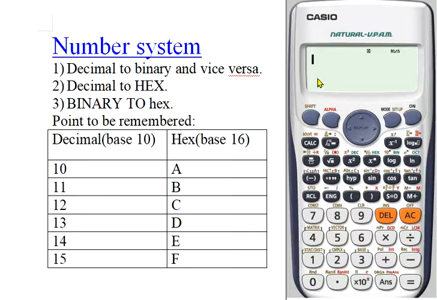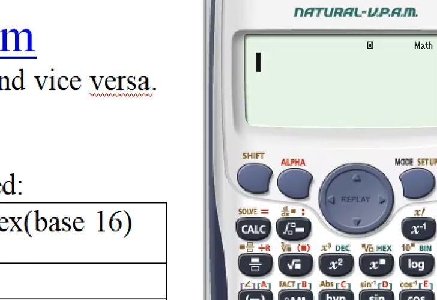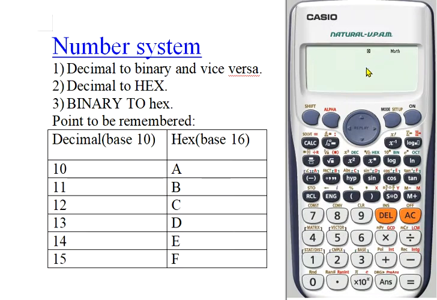Here, this is a scientific calculator, FX991ES, and in this calculator I will show you how to convert a number from one number system to another number system. Okay, first of all, let's have a look at the display region of this calculator. Here in this display region we can see the D, which means this calculator is now working in degree mode, and that does not matter while converting a number from one system to another system. So the very first step while converting the number from one system to another system